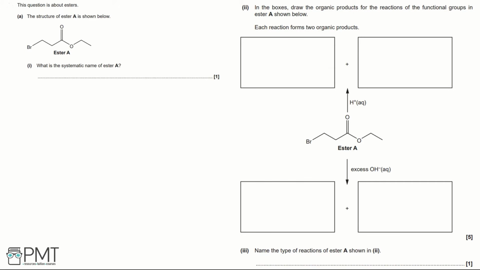The alcohol part of the ester link is here. The alcohol we've used to make ester A is ethanol, so when naming ester A we would show this by using ethyl. Then we need to identify the carboxylic acid. So the carboxylic acid would be the rest of the ester A. So in this carboxylic acid, we would name it as